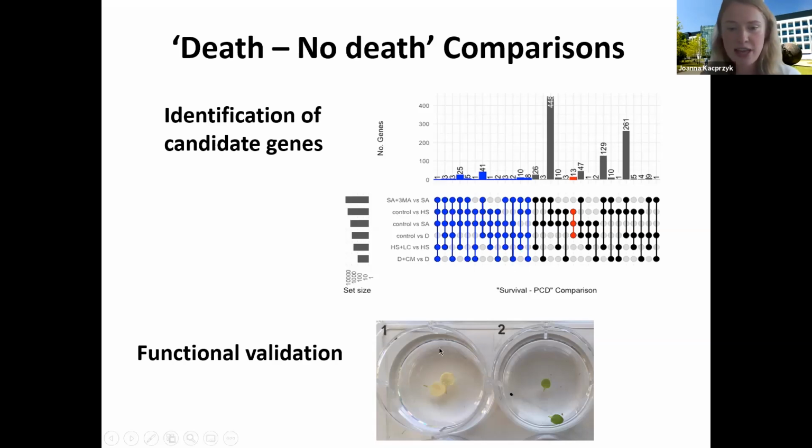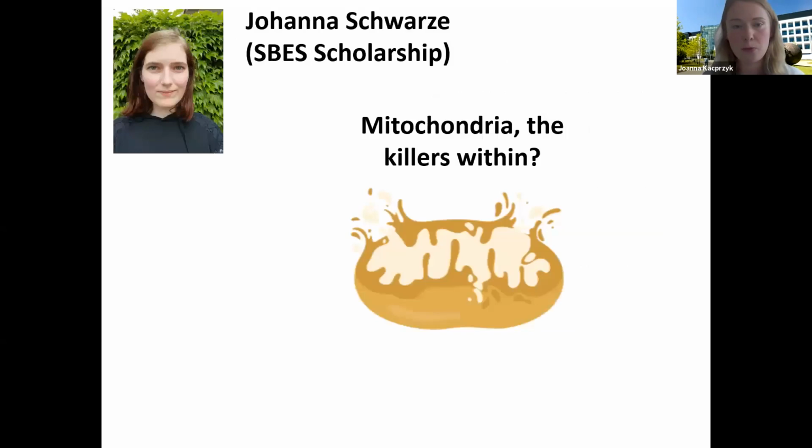For example, here we have the wild type leaves, which are already dead, all bleached after being detached, but the mutant leaves do not seem to be senescing yet, so there is a difference. This is an early stage of this project, but I would say watch the space, because I think we should be getting something exciting within the next year or so.